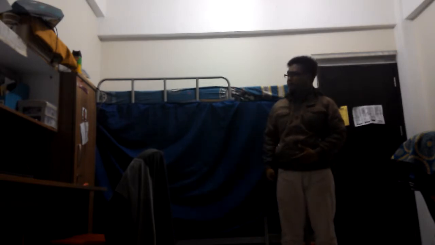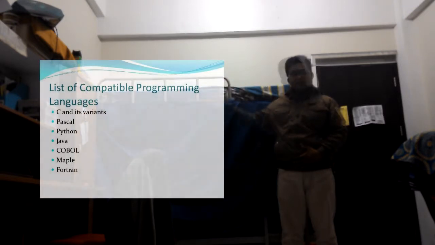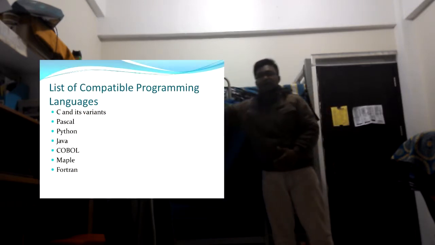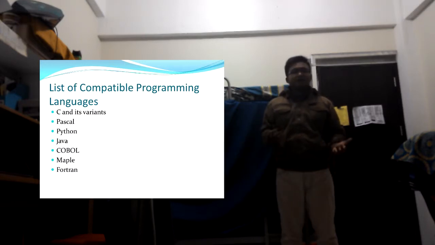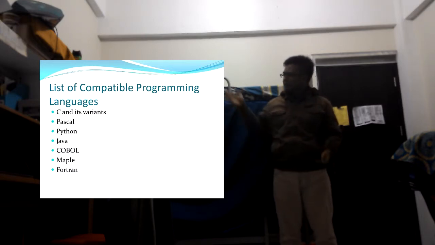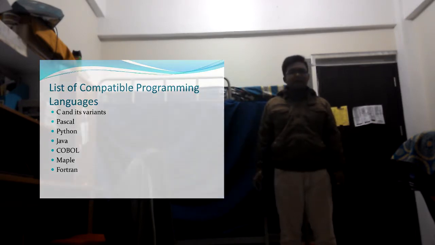Now let's move on to why you don't need to worry about what kind of programs or what kind of language you need to use for structured programming. Here are the languages that are compatible with structured programming. As you can see here, there is everyone's favorite Python and the basic Pascal. But you don't need to worry. This list doesn't mention all of the languages around the world. In fact, every language is compatible, unless you make one.